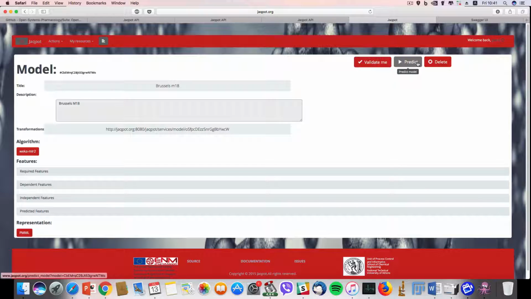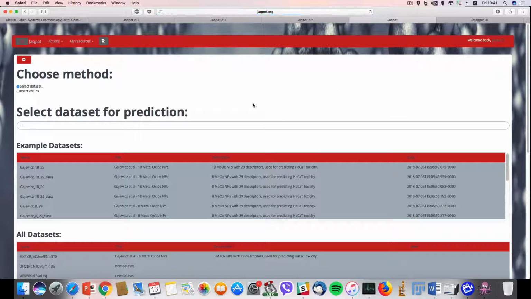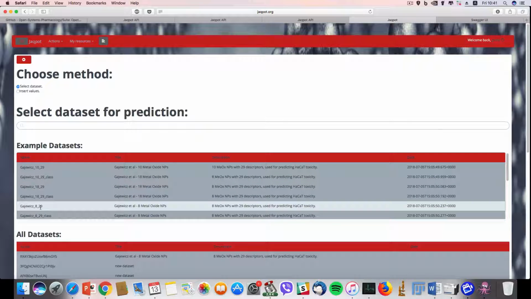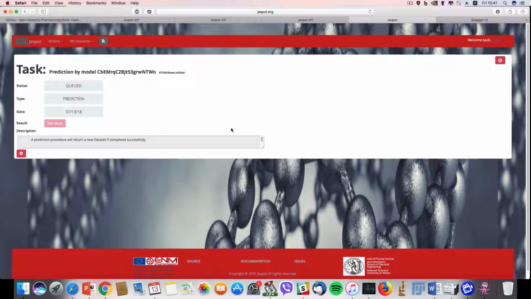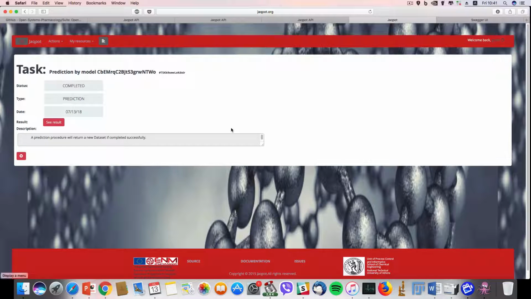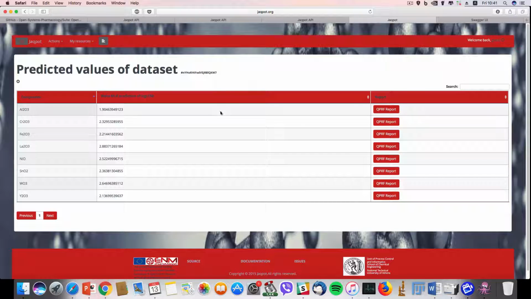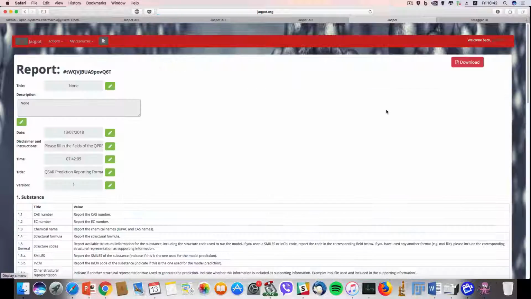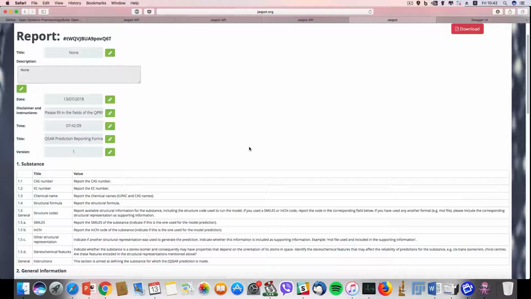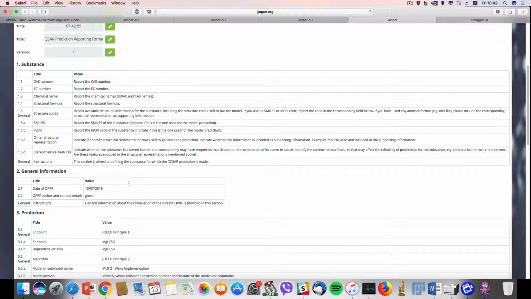we can use it to perform predictions on the Geigerwitz dataset with the 8 metal oxides that are left. Now that the model has produced the predictions, we see the predictions here, and the QPRF report is also accessible. It is available in this page, which is editable, and